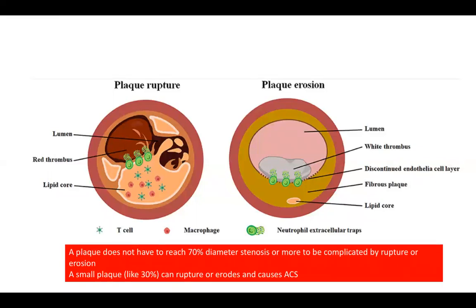An important point to differentiate between stable coronary artery disease and acute coronary syndrome is that the plaque does not have to reach 70% or more stenosis to be complicated by rupture or erosion. A small plaque, maybe 20%, 30% stenosis, can rupture or erode and cause acute coronary syndrome. So to develop stable coronary artery disease, you need a stable plaque that causes narrowing of 70% or more to cause symptoms. Whereas you might have a small plaque, 30% or less, that ruptures or erodes